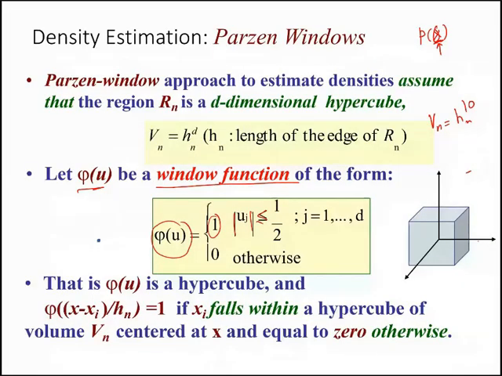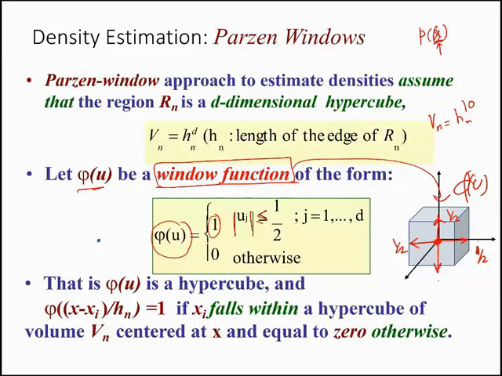I repeat. So this window function psi of u, you can visualize here. This is my function. This function is such that whenever the u value is less than half. Why I'm saying this: if this is the center point, there is half on this side and half on this side. So like this,